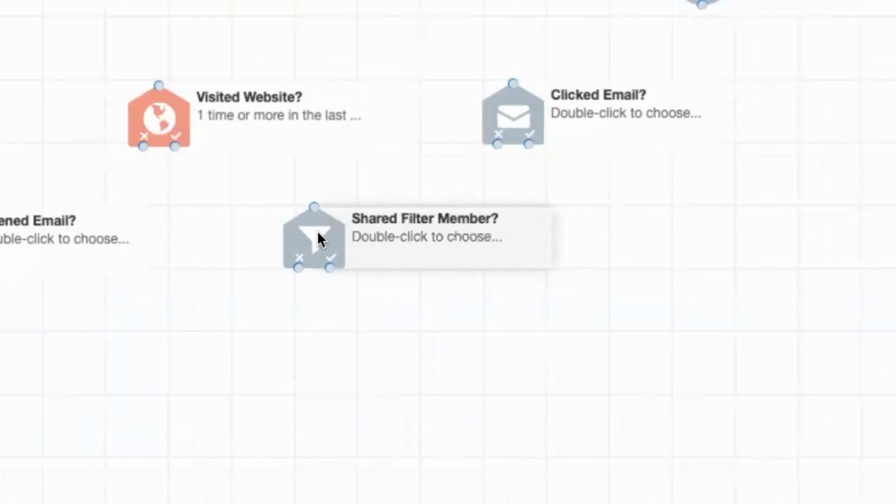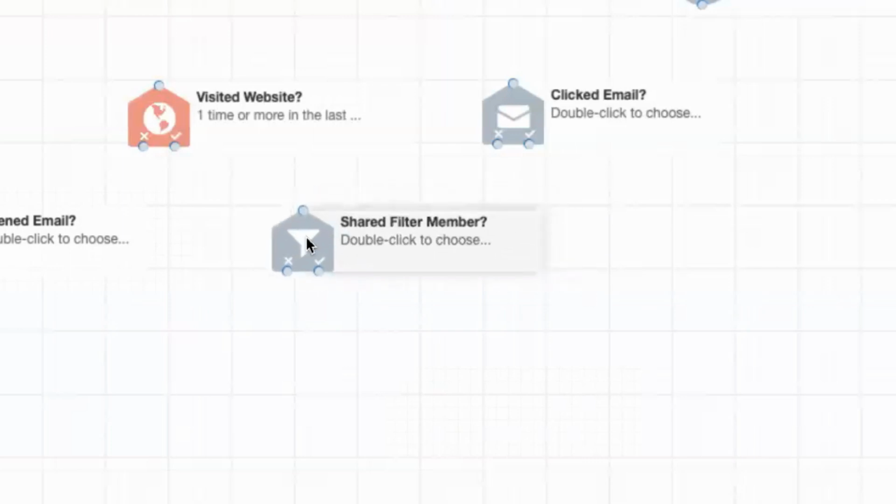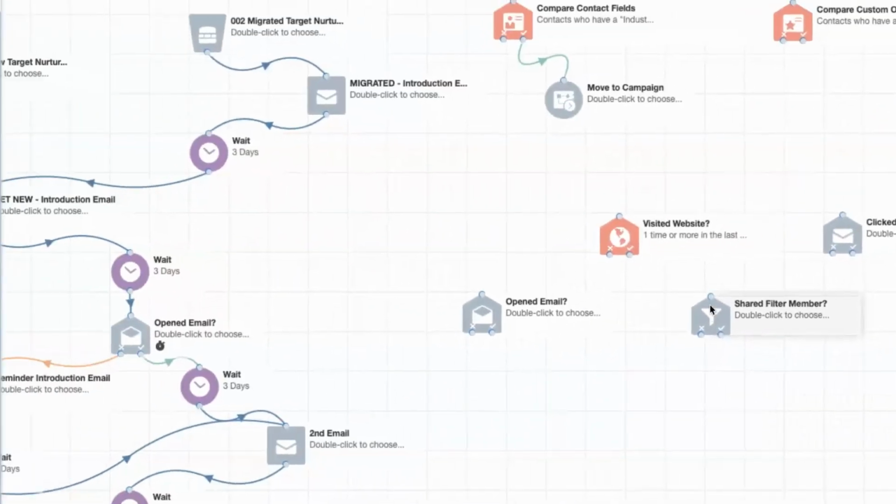So you can put in, if there are multiple pages on the website, the very specific links that you're looking at. So did they click on this one, or this one, or this one, or that one? Things like that can be added. In the context of emails, did they open this email or this one, and whatever the logic is that works for you. But the shared filter, once you start to get further into the campaign, often